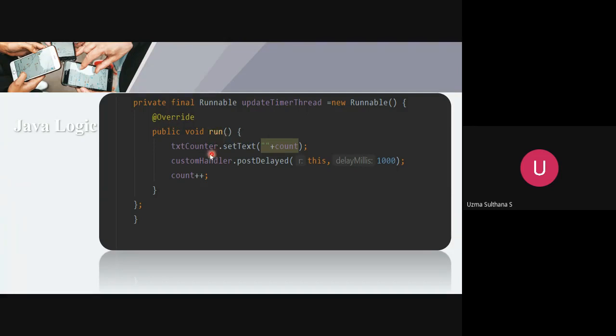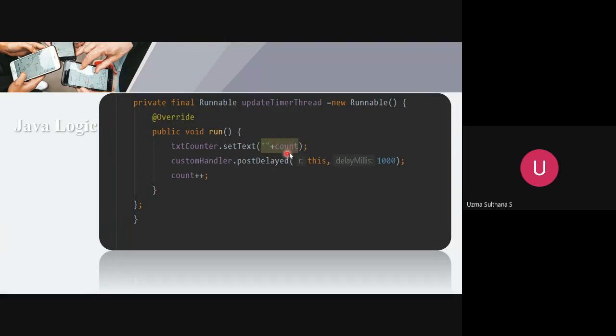So the first task is it is going to set the text counter. If you have placed any value inside the text counter, what is this text counter? It is a TextView, the display, the number which you are going to display. That is textCounter.setText. We are going to set it with the value counter.